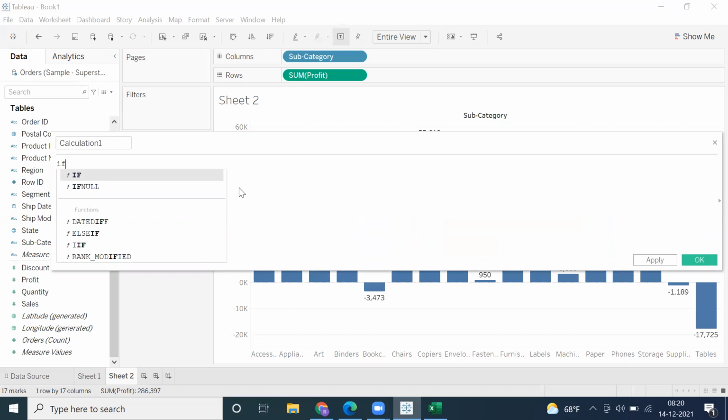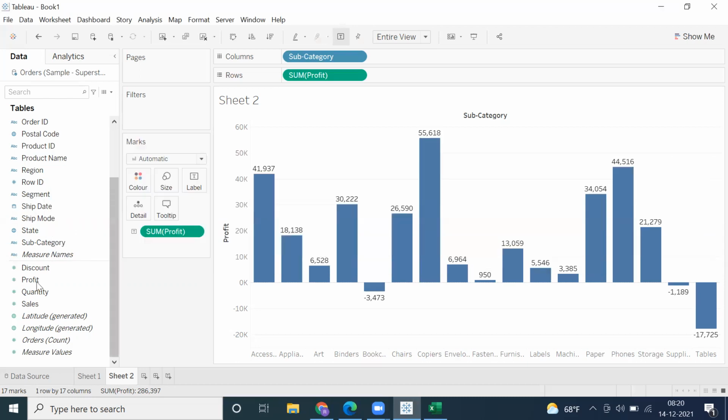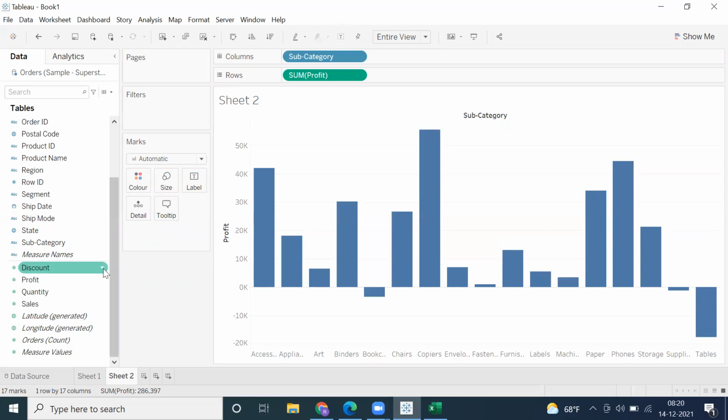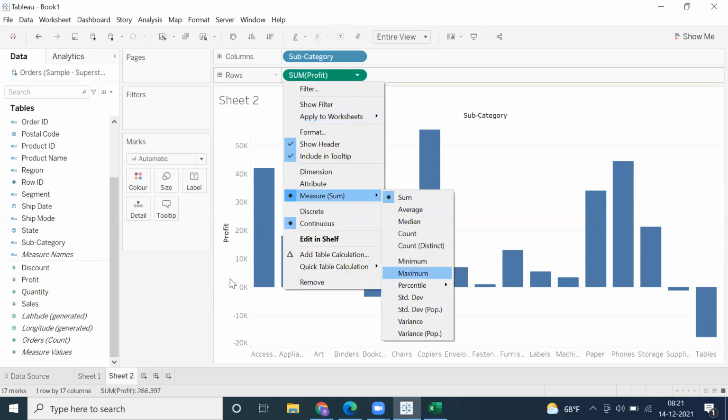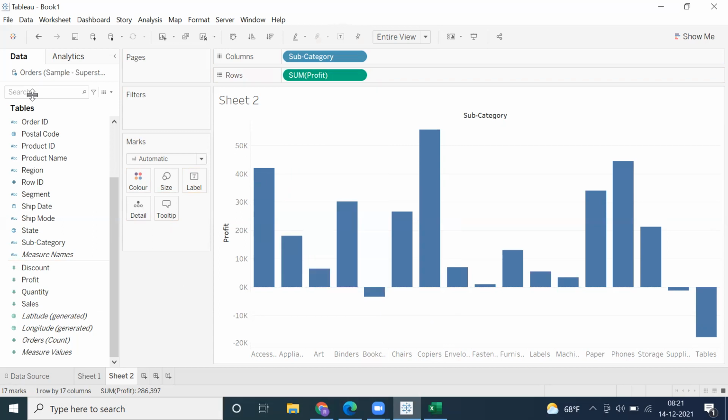So we have to use an aggregate function, sum of profit, okay? Because we are in the report, whenever you drag and drop profit, you can see we have sum of profit. Or let's say whenever I drag and drop sales, you can see the default aggregation, sum of sales, correct? So the default aggregation is sum. We can change the aggregation, let's say to average or some other aggregation type. But what I mean to say is,